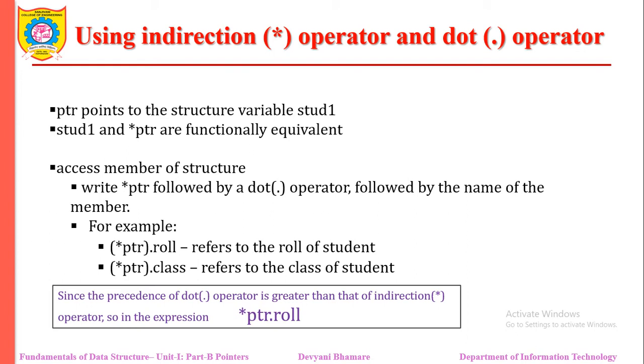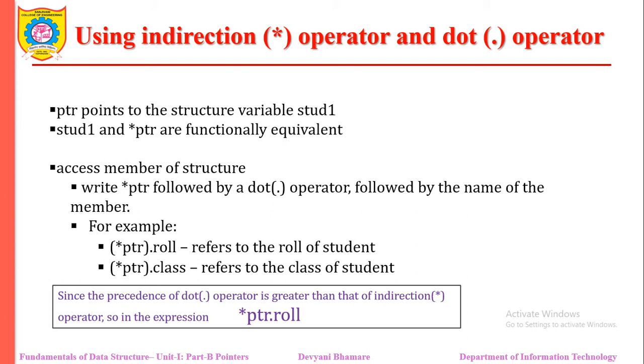Up to this point, we have used a pointer to only one structure variable. But we want to make a pointer to an array of structures, meaning not only one element, we want to make it point to an array of structures. We already covered how a pointer is assigned to an array of elements. Yes, we have seen that the pointer is initialized to the first element of the array, that is P equals base address or P equals array name, and then P plus 1 points to the next element of the array, P plus 2 points to the next element of the array, and so on.